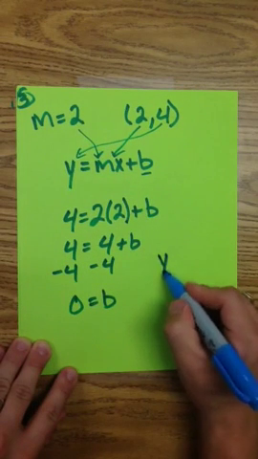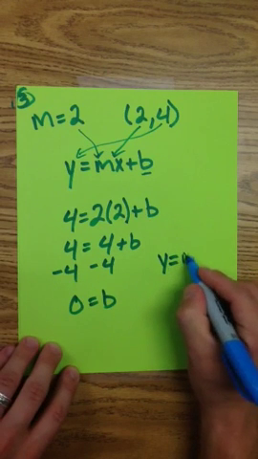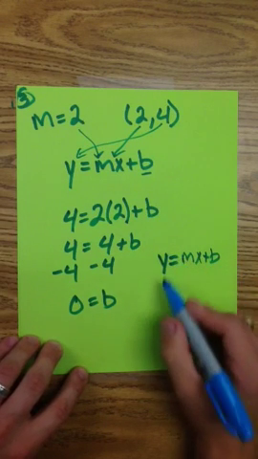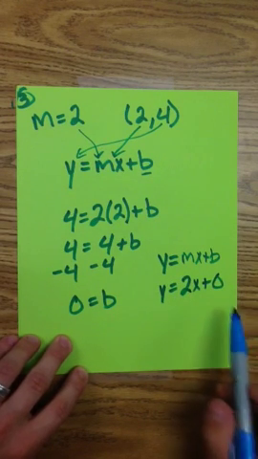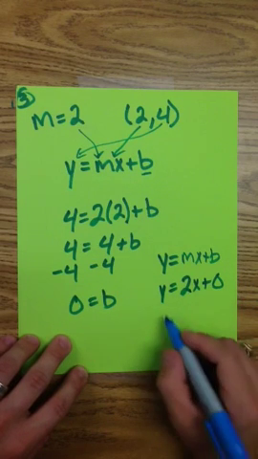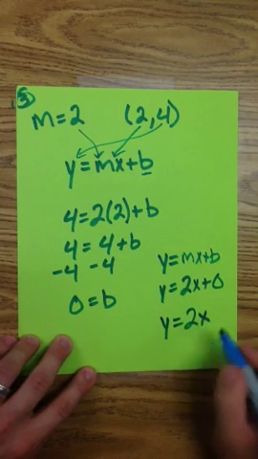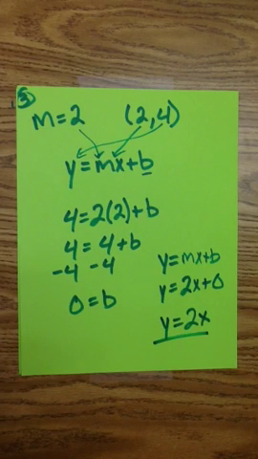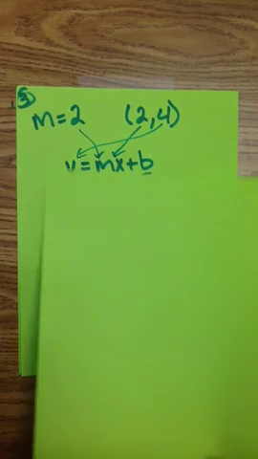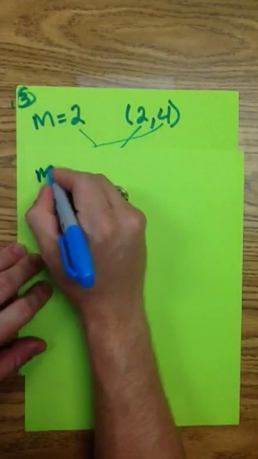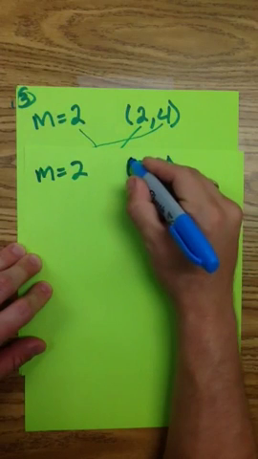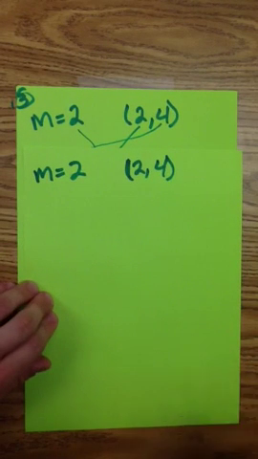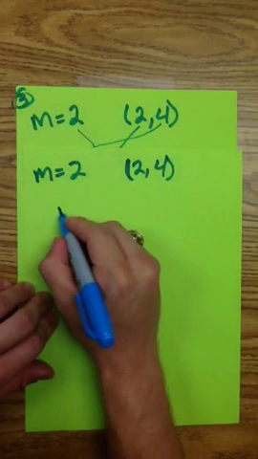So in this case, y equals mx plus b. I can say that m is 2 and b is 0. Anytime I'm adding 0, I can always get rid of it, and I can say y equals 2x. And that would be the answer. Now, because they didn't give me the y-intercept, I can do this same problem in a little bit different way. If they tell me that the slope is 2 and the point they want to go through is (2, 4), they did not tell me the y-intercept, so I have the ability to put this into